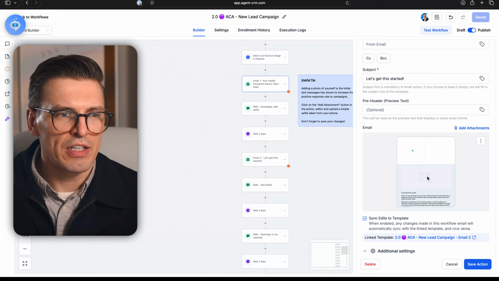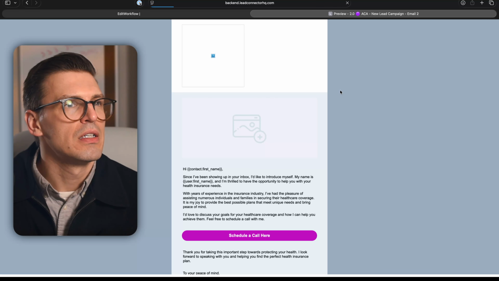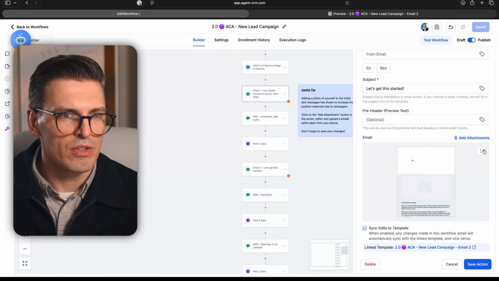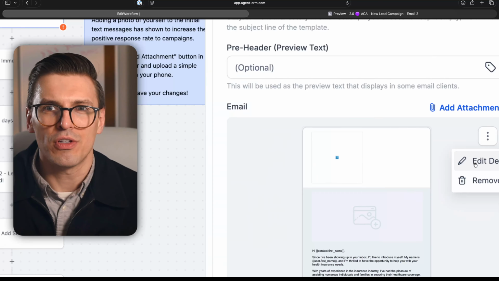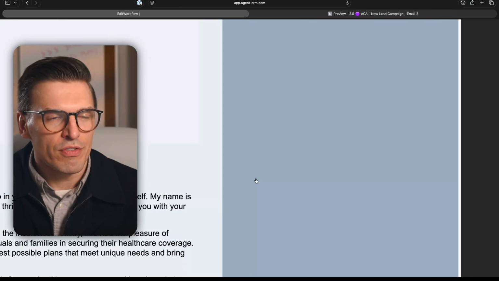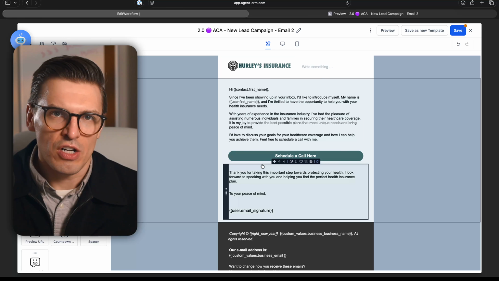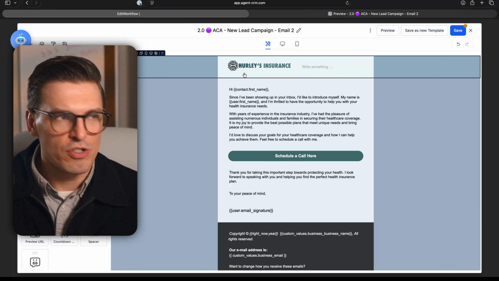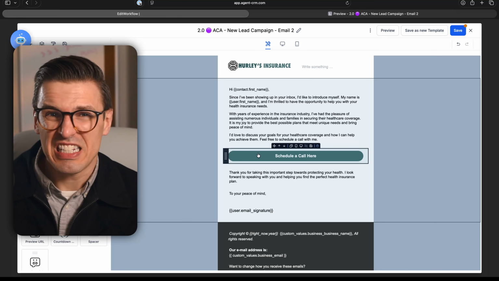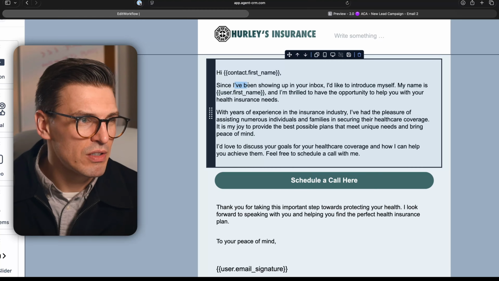What we can do is actually click directly on the template through the little shortcut. And that's going to bring us here to preview it. We actually want to edit it. Let's go to edit design through the little pencil. There it is. And we can see the email itself in all of its glory. Now it should look like this to start with, especially if you've filled in the customizer. Your logo, your colors are already there. And again, it's probably ready to go. But if you want to review the language,